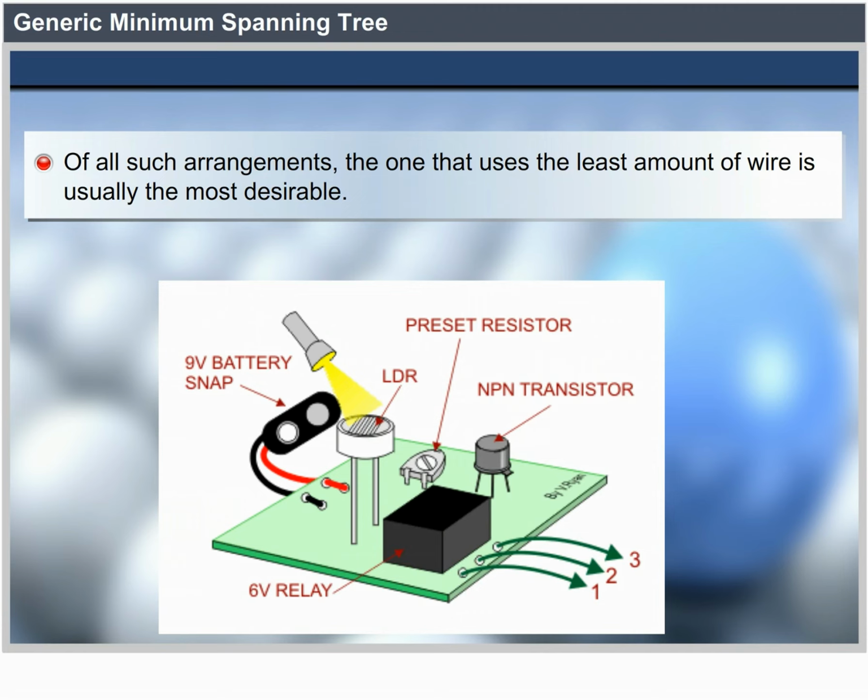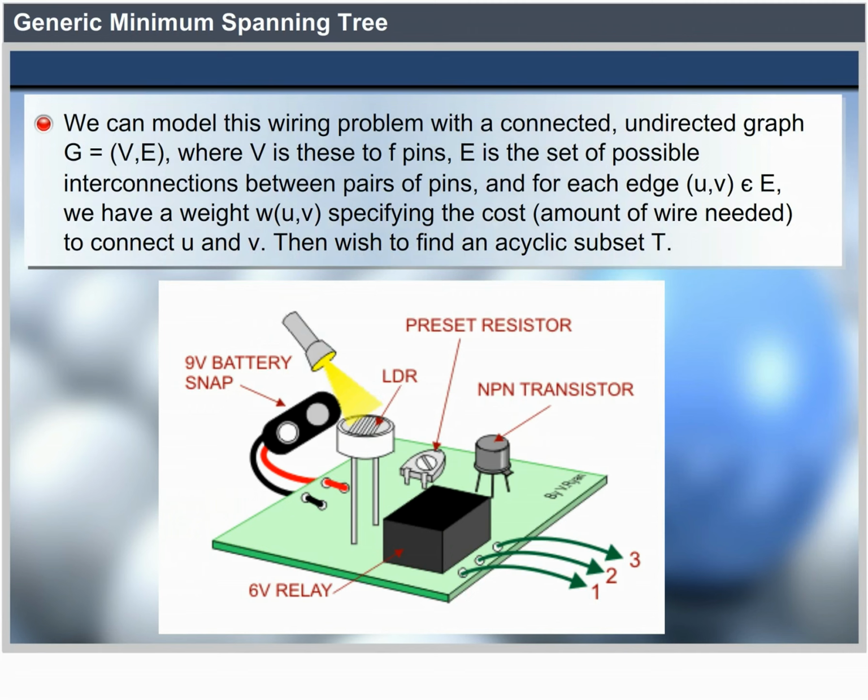We can model this wiring problem with a connected, undirected graph G equals V, E, where V is the set of n pins, E is the set of possible interconnections between pairs of pins, and for each edge U, V belonging to E, we have a weight W of U, V, specifying the cost, the amount of wire needed to connect U and V. We then wish to find an acyclic subset T of E